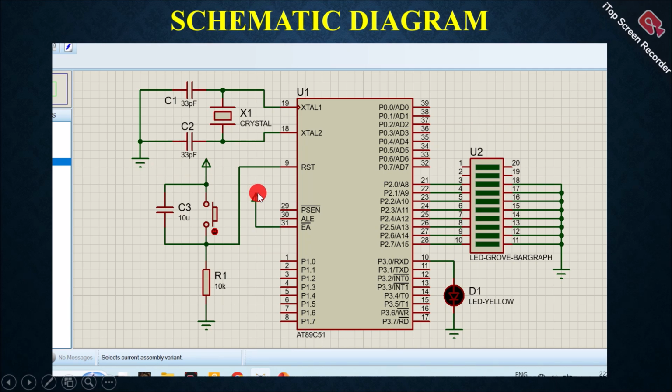Here I would like to add a very important thing: even if we do not connect this oscillator circuitry, reset circuitry or EA bar pin in our Proteus, then also our circuitry will work properly, correctly without any problem. So we will not waste time to make this connection. But in the actual case, in the ideal case, it should be there